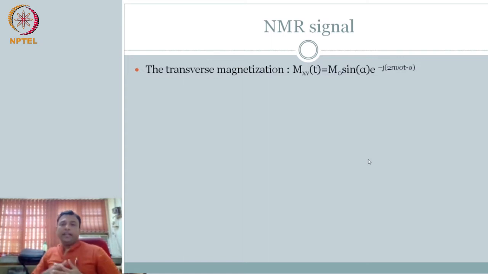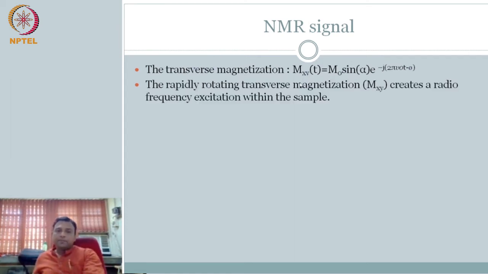So now let's get into the NMR signal. We have understood the magnetization vector. It is spinning in the transverse direction. It is changing less rapidly or not changing in the z direction. So now what we want to do is write the transverse magnetization, which is Mxy of t, from the previous equations that we have, as sin alpha e power. This is your rotating component which has a phase, it has some starting value. Alpha is the starting value, wherever it started. So the rapidly rotating transverse magnetic field.